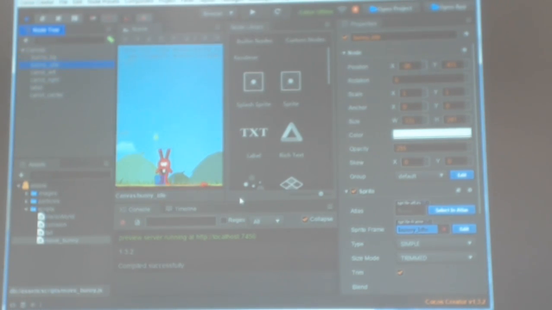I have the bunny, the actual bunny that you can see here. I don't have plenty of space because of the resolution. That's okay. And you see here that we have some carrots that are going to fall from the sky. So I have carrot left, carrot center, and carrot right.